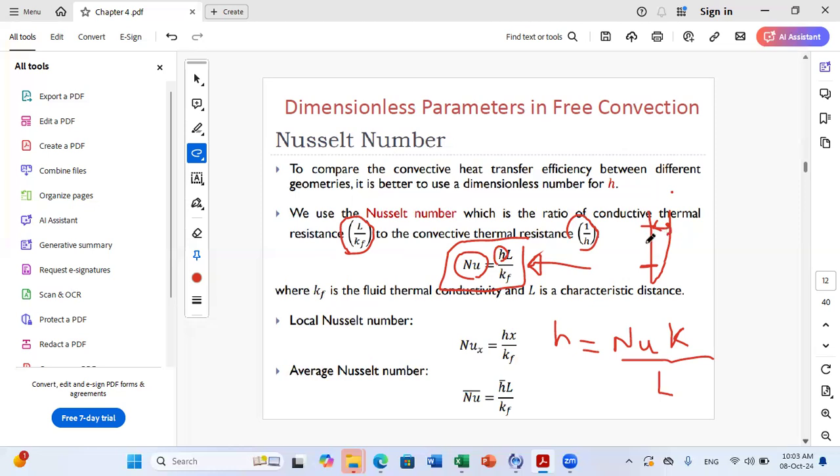So if you want to determine at a specific location what the convective coefficient h is as a function of x, you need to define what we call the local Nusselt number. So you need to define what the Nusselt number is at any x. And then to calculate, for example, if I consider x this height,